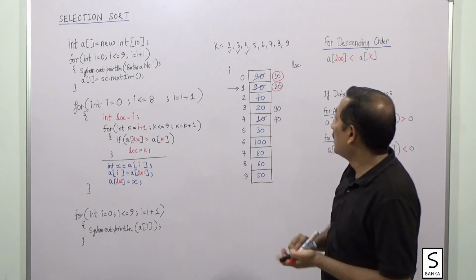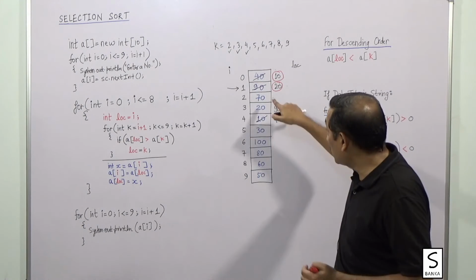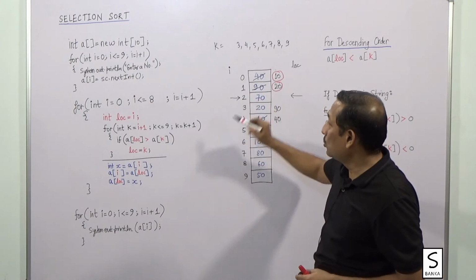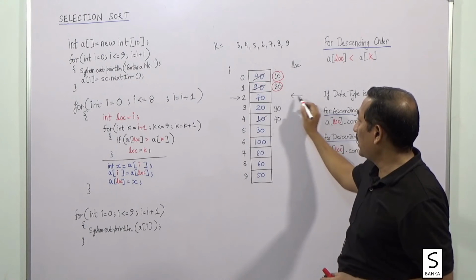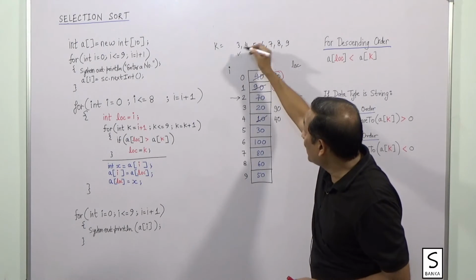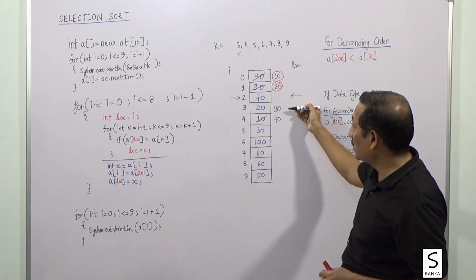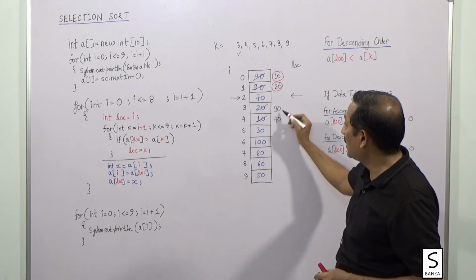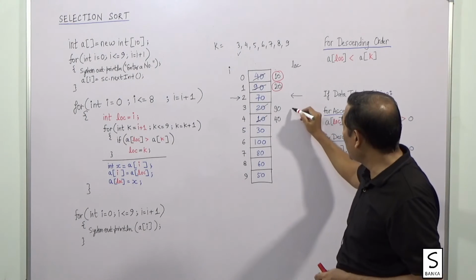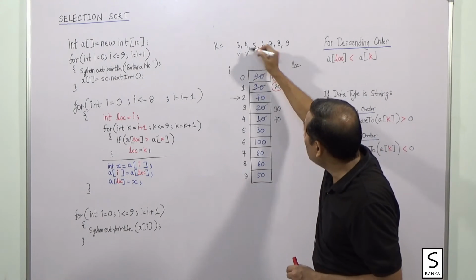Now since the first two locations have the correct data, we need to find the smallest data for the second location, and obviously the next round I will become 2. Now if I is 2, the value of LOC will also become 2, so LOC is pointing to 2, and the value of k will start from 3. So first time the value of k is 3. Is ALOC, that is A2, greater than A3, and A3 contains 90? So is 70 greater than 90? No. Then LOC does not change. LOC still remains 2. The value of k changes to 4.